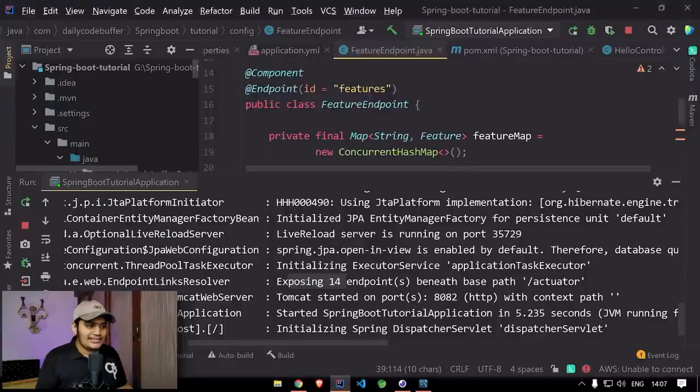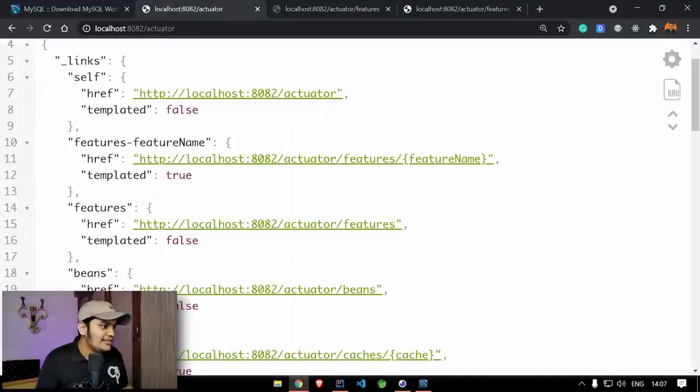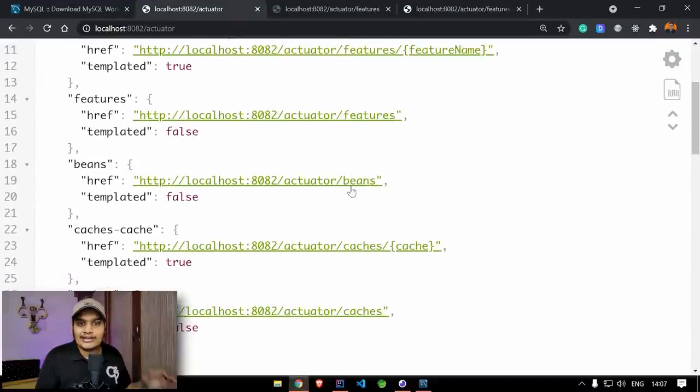Now suppose there are a lot more endpoints available, and if you want to exclude them, if you do not want to expose those particular values, let's see how we can do that. Currently, if you see, there are environments and beans available that show all the information about our application, like what are the different environments added, what are the different beans or objects created. So let's hide those things. For that, what we need to do is we will go to our